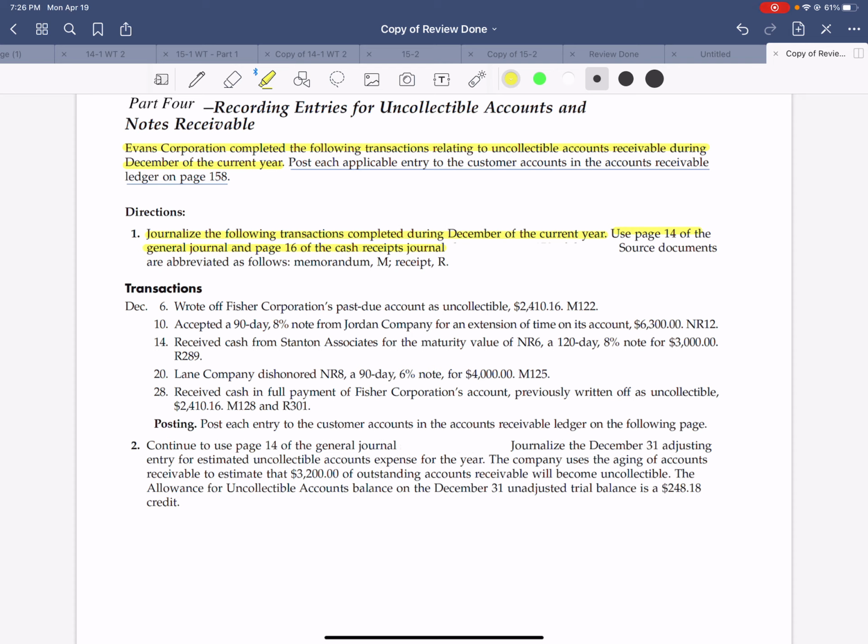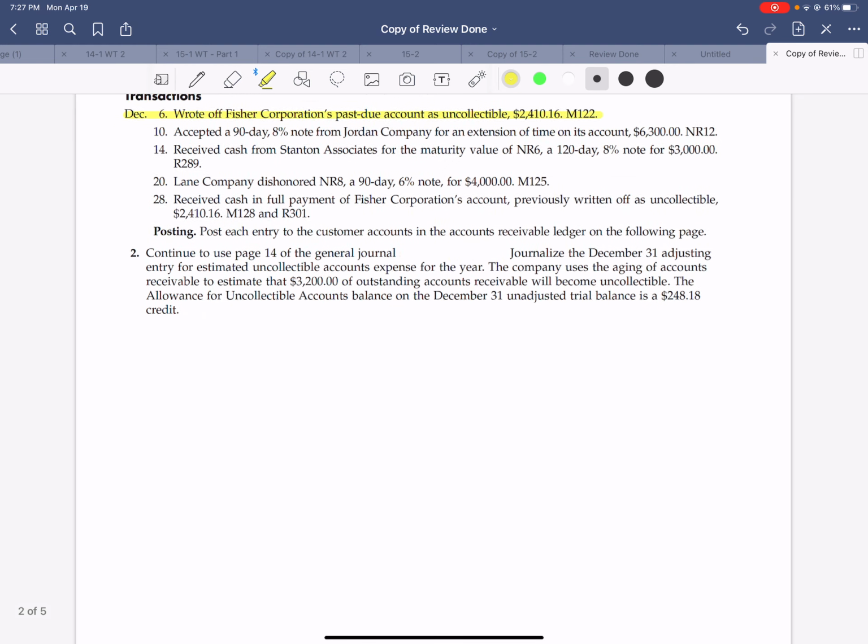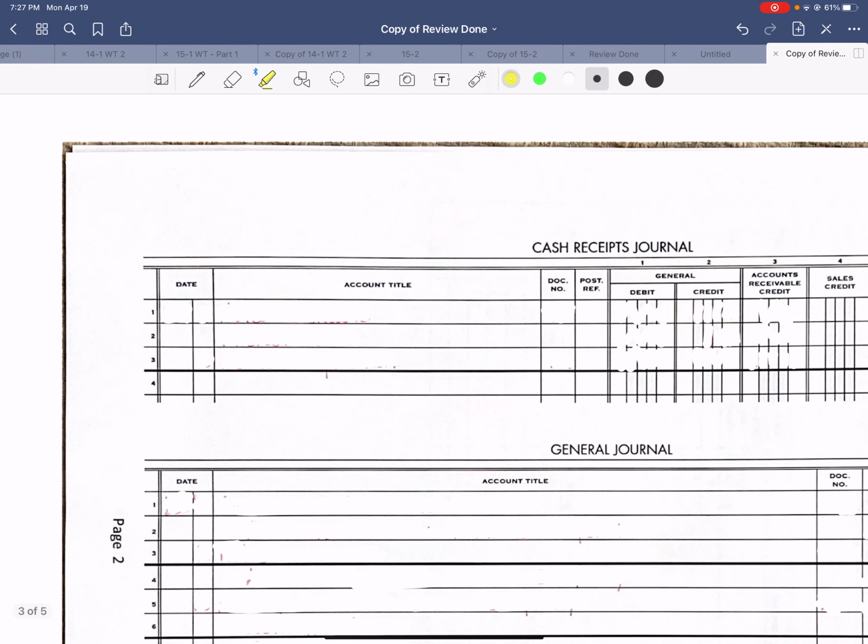All right, so our first one is December 6th, wrote off Fisher Corporation past due accounts as uncollectible. So what I would like you to do is to fill out your sheet. When you are done, then go through my explanation. So you need to pause it and fill out the transaction into your journal. All right, so the first transaction,